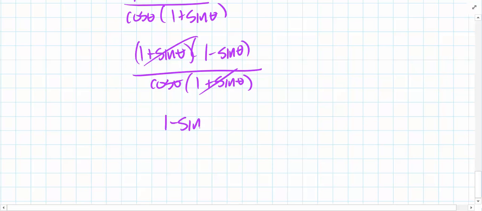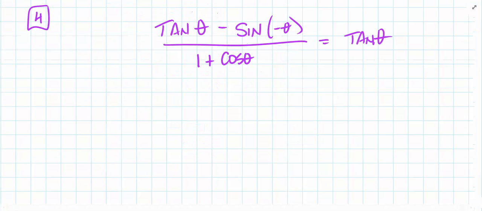One minus sine theta all over cosine theta, which is what we had to get. So that says the tangent of theta minus the sine of negative theta over 1 plus cosine theta equals tangent theta. I want you to try and establish the identity and then